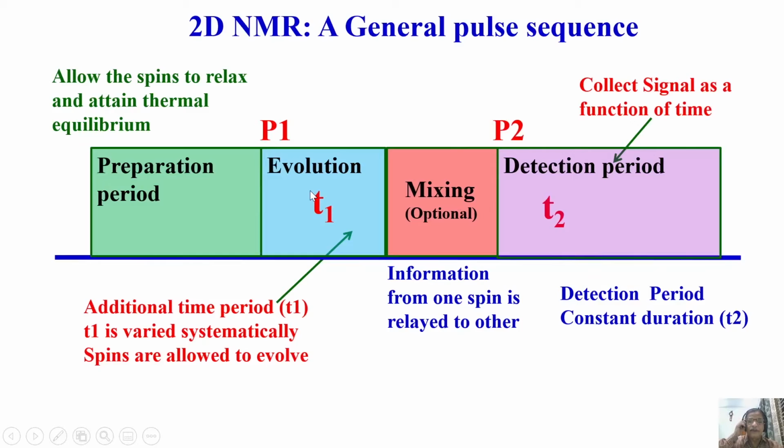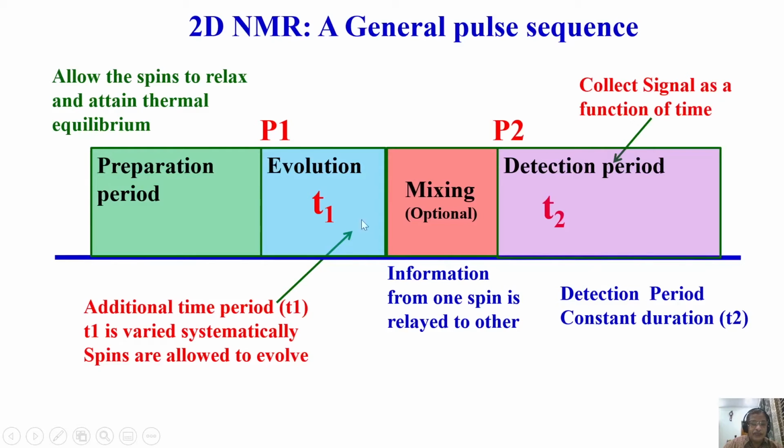After the preparation period, you apply a radio frequency pulse and bring the magnetization to XY plane. Here, the spin starts evolving. Evolution takes place. Like we talk about human life evolution, the magnetization starts evolving and evolves depending upon the information content already present. For example, it can evolve due to chemical shift, it can evolve due to relaxation. So various information content is there and it starts evolving here.